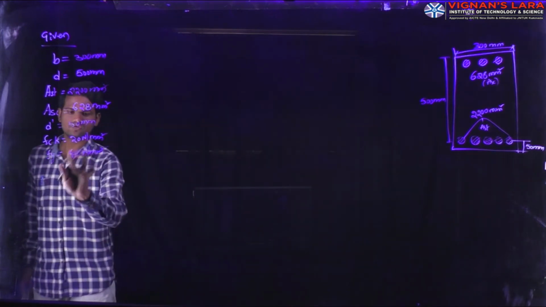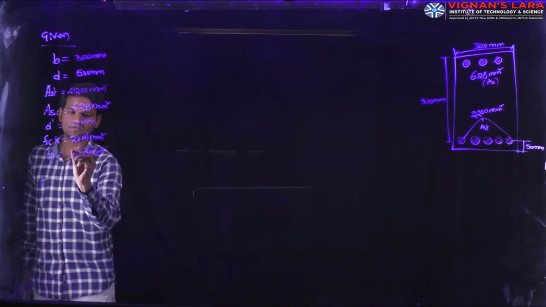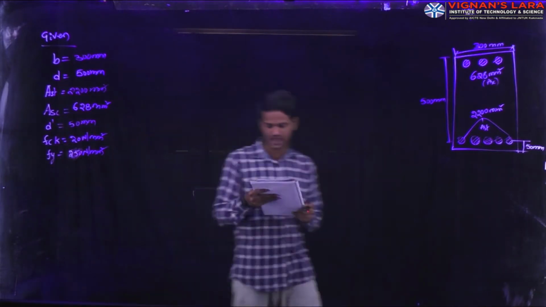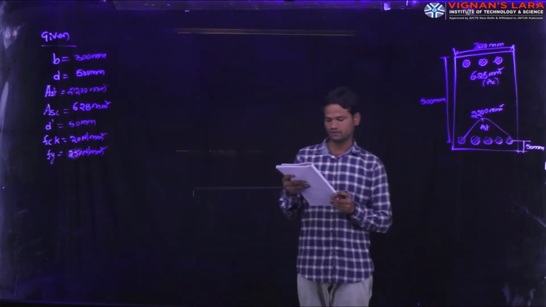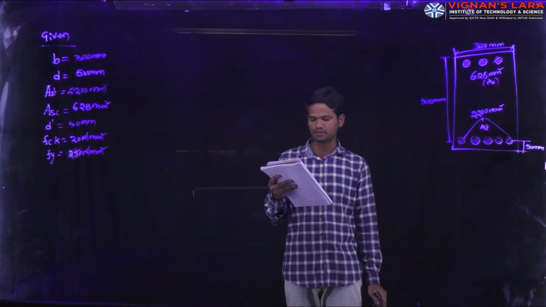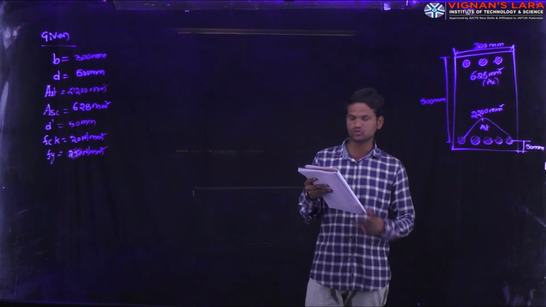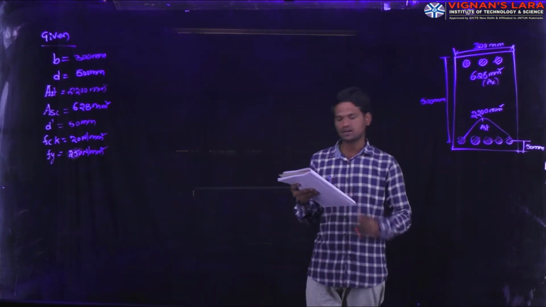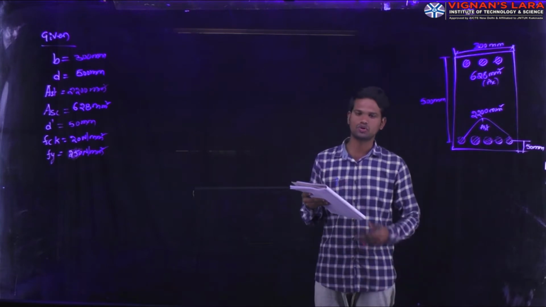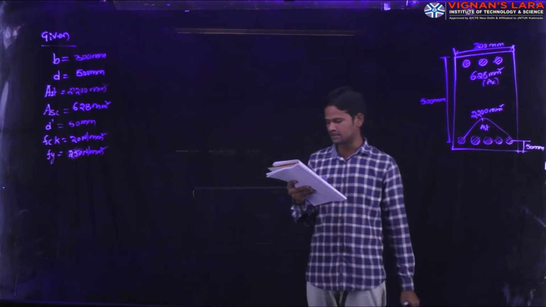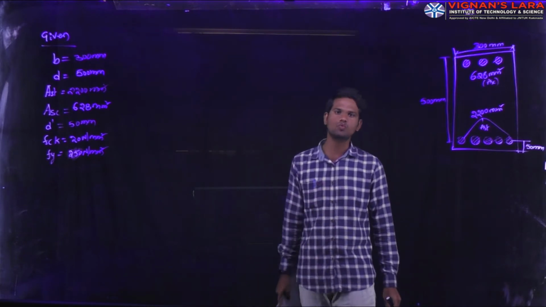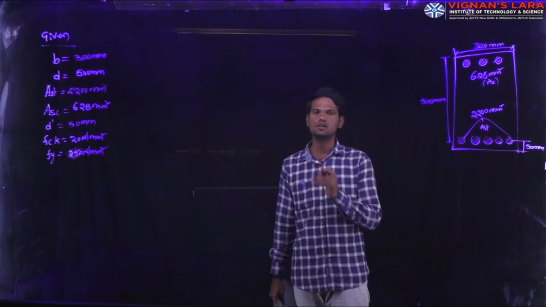Fe250. So if you observe here, the grade of steel for this doubly reinforced beam given in the problem is Fe250 Newton per mm square respectively. The stress block parameter rounded off to first two decimal places for concrete shall be taken as per IS456 2000. For this, calculate the depth of the neutral axis as well as calculate the moment of resistance for this problem.